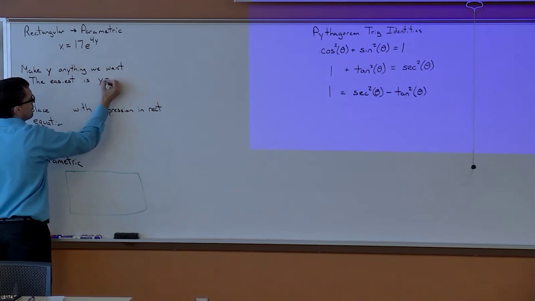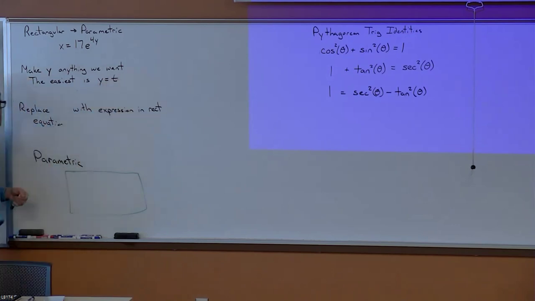The easiest is usually y equals t, but if you wanted to do y equals t over 4, that'd be fine too. Or you could make y equal whatever you want. All right? And then